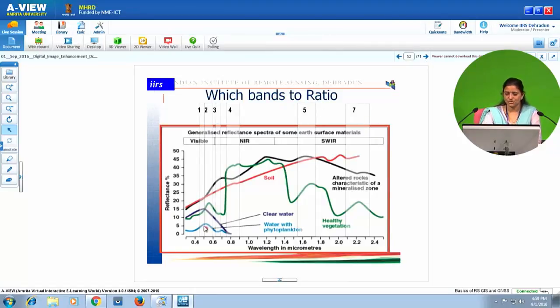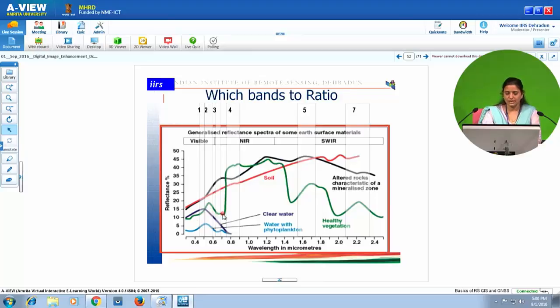Now, which bands should we ratio? To find out which bands we should ratio, we should always look at the spectral reflectance curve of the feature that we are interested in discriminating. Suppose we are interested in discriminating the vegetation feature. So, this green curve is the spectral reflectance curve of vegetation.